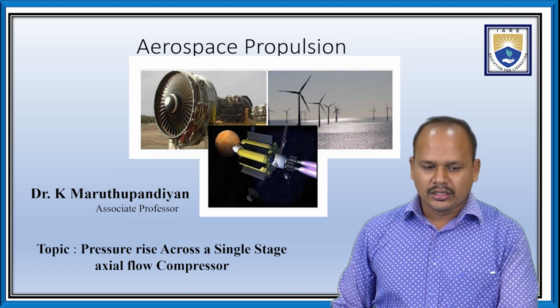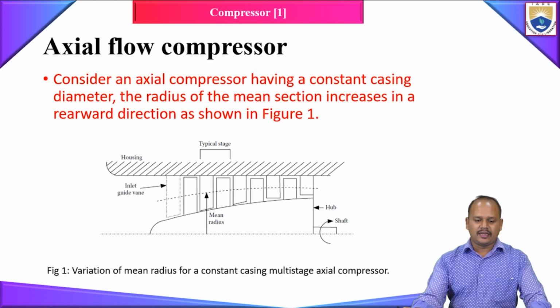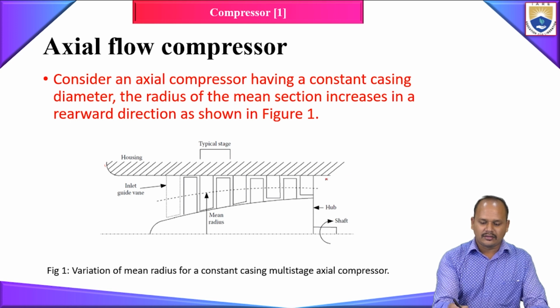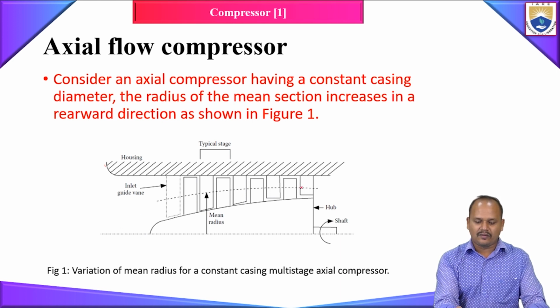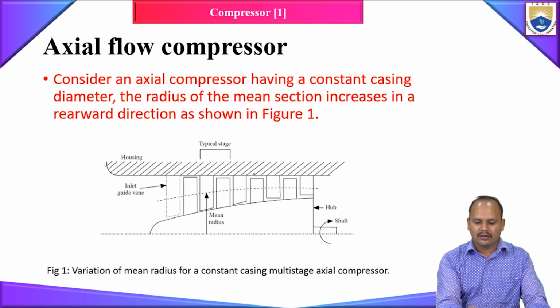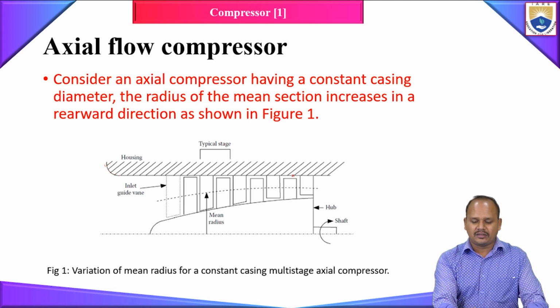Okay. So let us take an axial flow compressor, which is having a constant casing diameter. Constant casing diameter means you can see that this outer casing is having the same radius throughout its distance. You could see, basically it's a multi-stage axial flow compressor. In this condition, the type of axial flow compressor we have taken here is